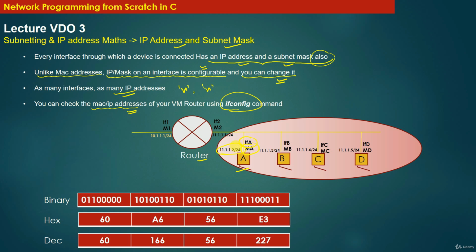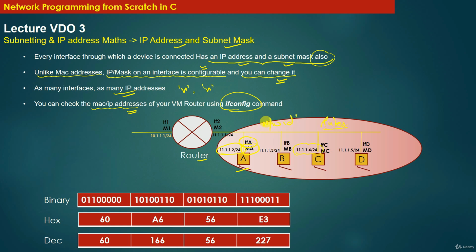Right? So the MAC address need not follow any particular pattern. It can be any random number as assigned by the device manufacturer. But the IP addresses that you configure must follow certain rules. And what are those rules? The rules are that all the machines which are supposed to be present in the same subnet must be configured with IP addresses such that all of those IP addresses give you the same subnet ID or same network ID,